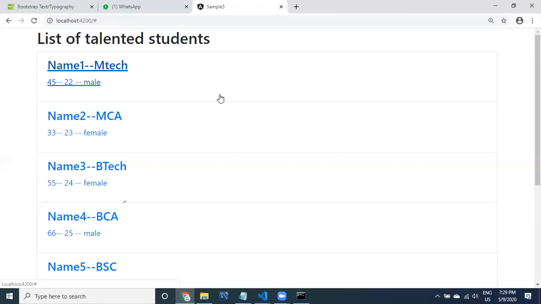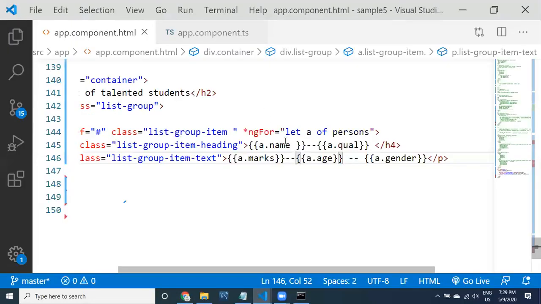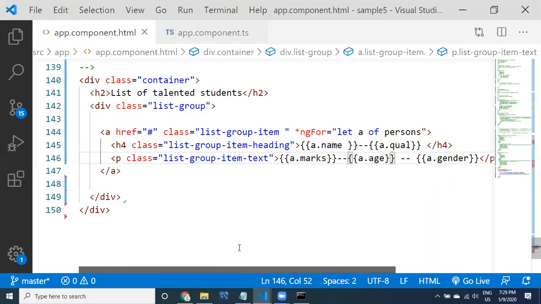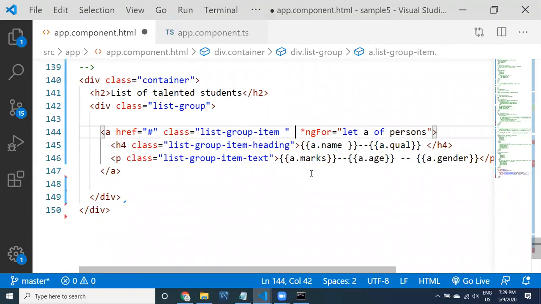But now, while displaying the list of talented students, I would like to add some colors. What kind of colors? Background color. You may apply background color with the class.